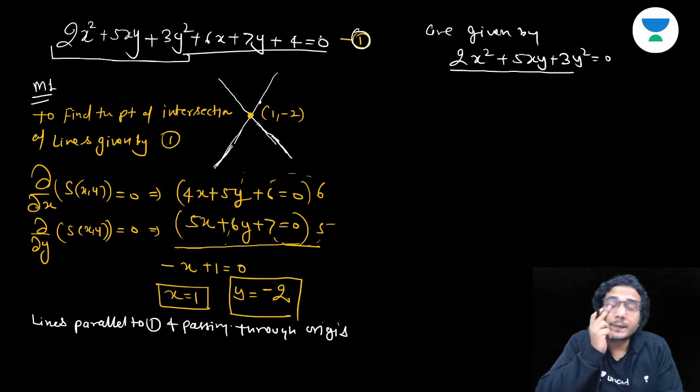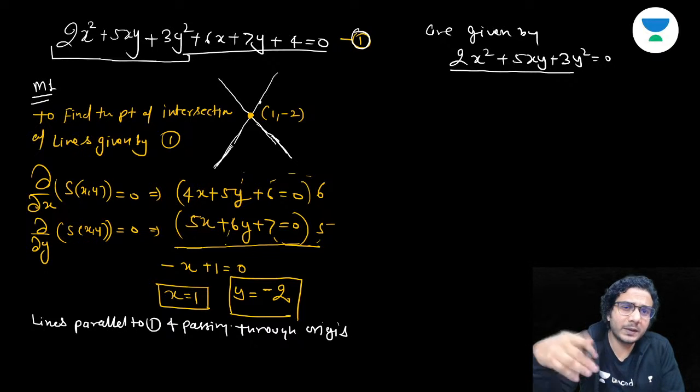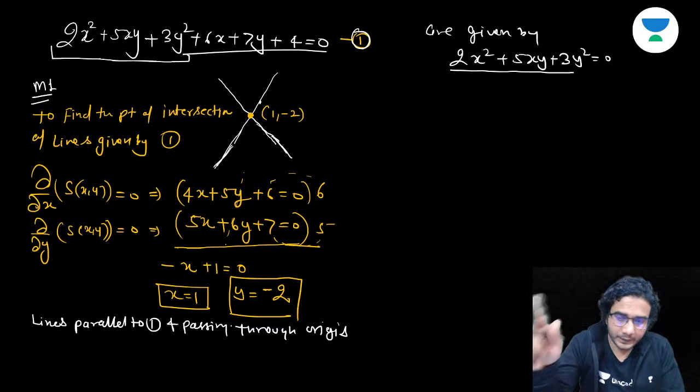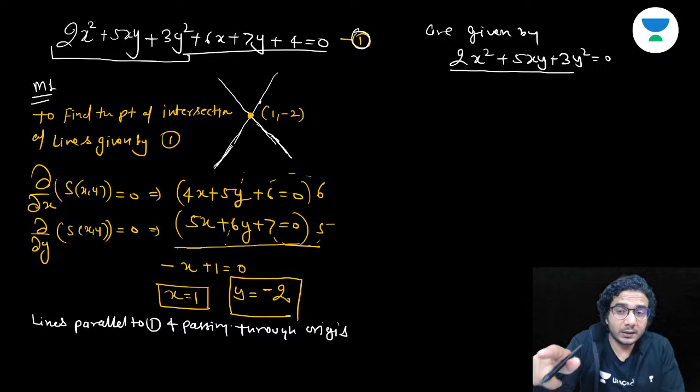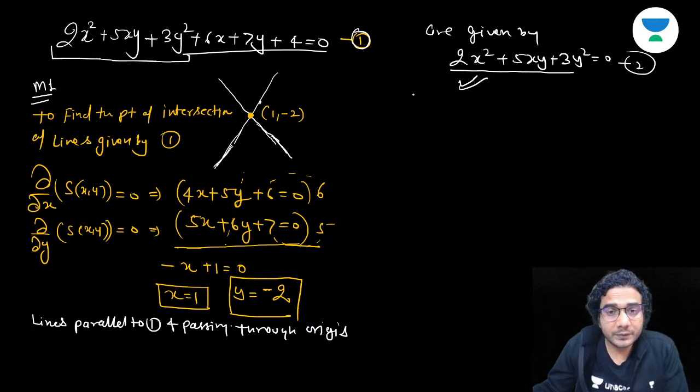Is that okay? Are you understanding this point? Because these are parallel lines, okay? If you pick the 2-degree homogeneous part, then that will represent two parallel lines but passing through origin, right? These are two lines passing through 1 comma minus 2. So using this relation we are going to get slopes. Whatever slopes pair number 2 will have, the same slopes will be of lines given by 1.